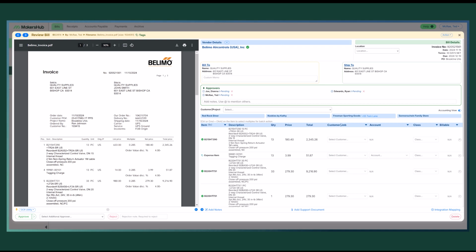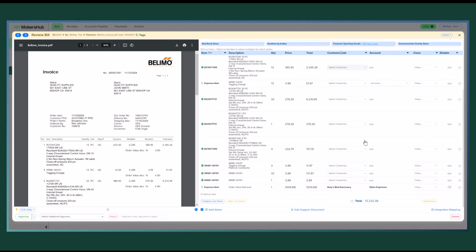But here's where MakersHub really shines. We don't just pull in the totals, we capture each line item in detail, giving you complete visibility into every product, service, and charge on the invoice. This level of detail allows for precise tracking and expense allocation. Additionally, MakersHub pulls in your QuickBooks customers and projects, chart of accounts, and classes, making it easy to code your bills accurately from this interface. And because MakersHub mirrors QuickBooks, the layout is consistent with your accounting structure, keeping everything familiar and easy to reconcile